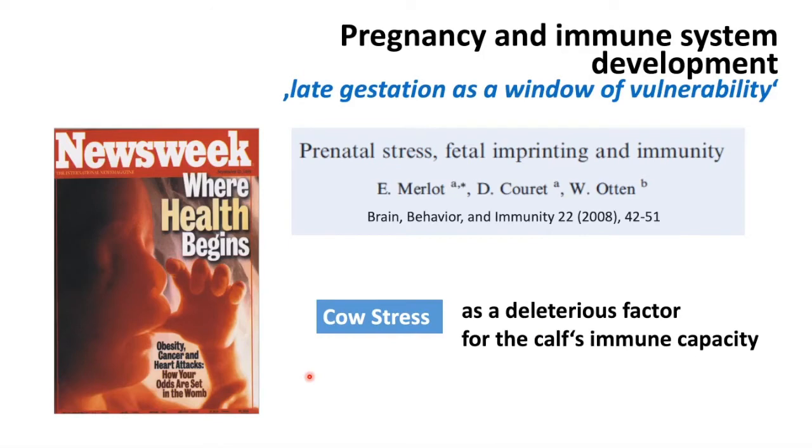This has been addressed in numerous studies, in rodents, in humans, and also in farm animals. This paper, already published in 2008, is a very prominent one, featuring the impact of prenatal stress on the imprinting of the still unborn and its immunity later on. There are very nice studies with piglets showing that if the mother experiences stress at this stage during late pregnancy, piglets won't take up enough immune factors like antibodies, won't develop so well, and will be